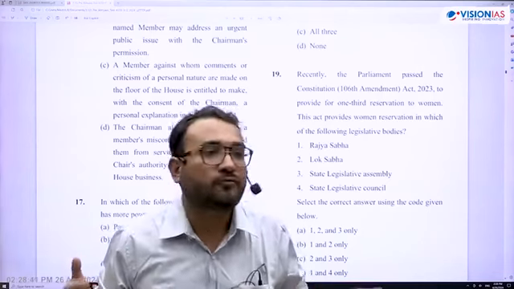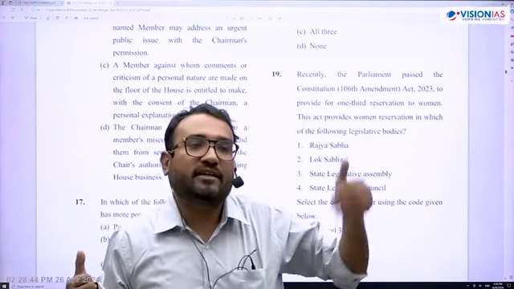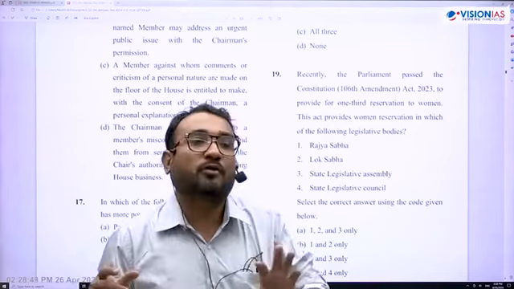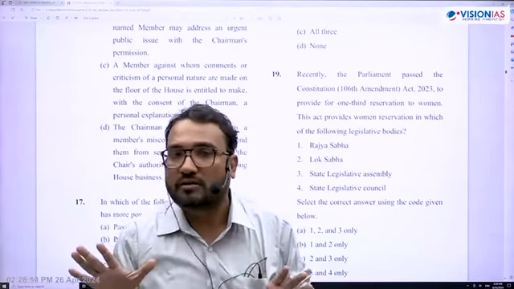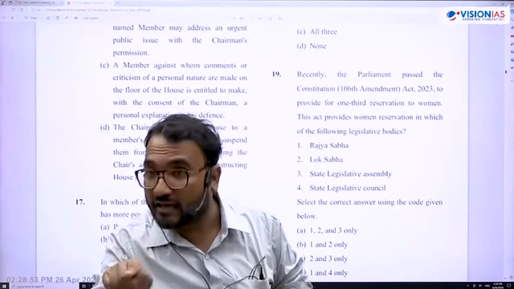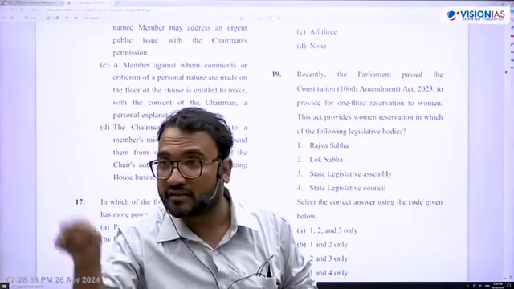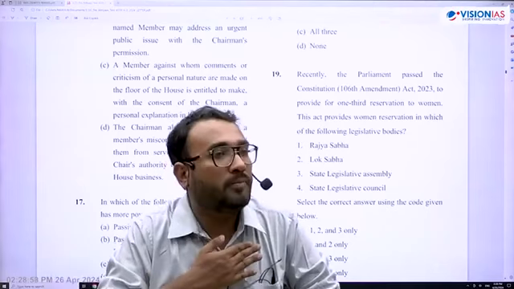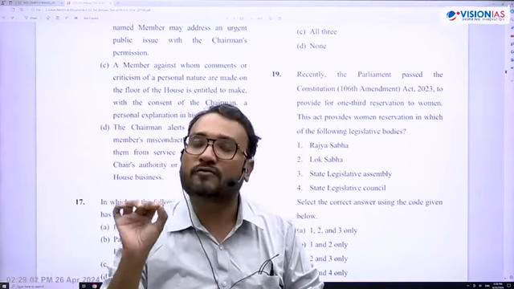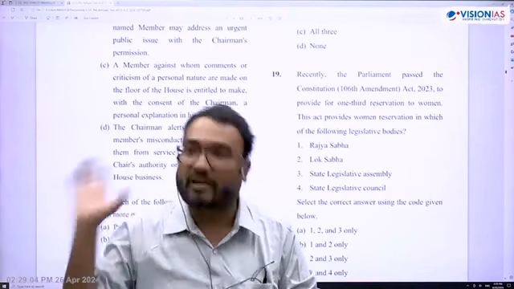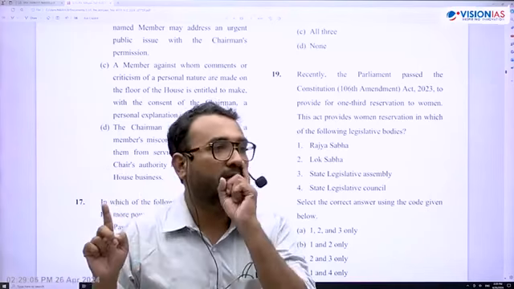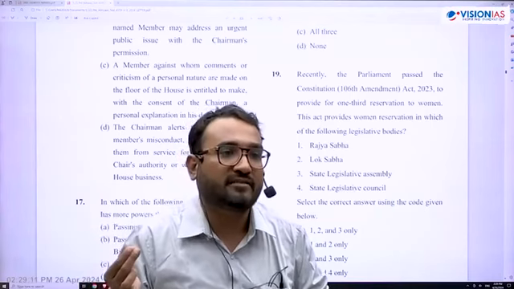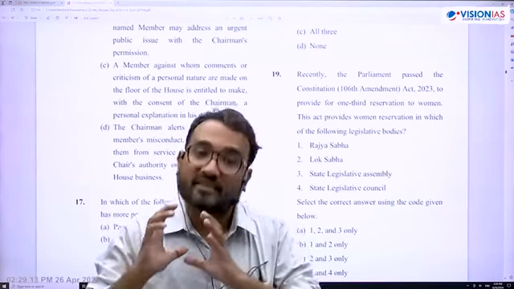But reservation is 27%. So in Article 15 and 16, although inadequate representation is mentioned, it is not mentioned that it will be exactly equal to population. But in Article 332, seats will be reserved for SC/ST in State Legislative Assembly as per their population. So in Arunachal Pradesh, 59 out of 60 seats are reserved for Scheduled Tribes in the State Legislative Assembly. Why? Because seats will be reserved for SC/ST in proportion to their population, and that is a great justice.